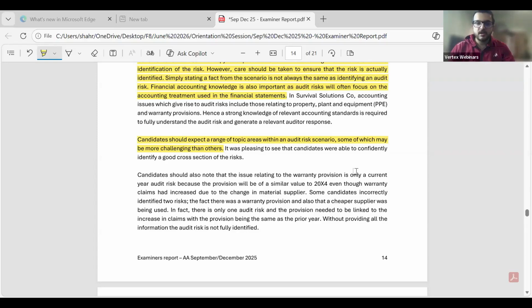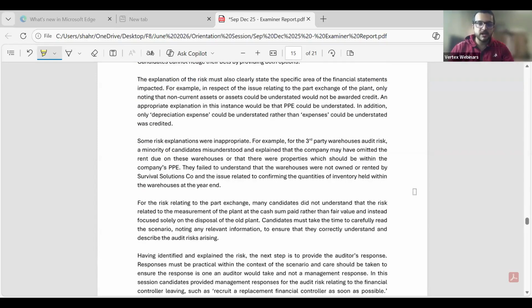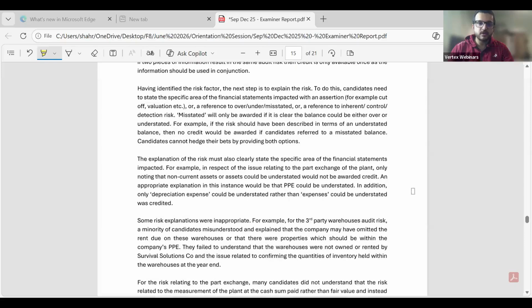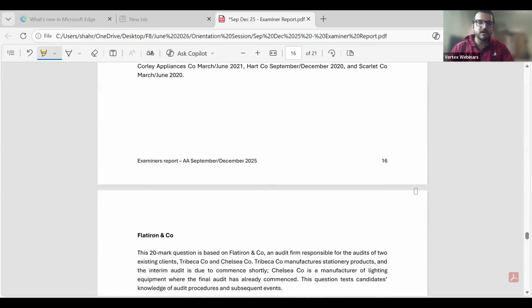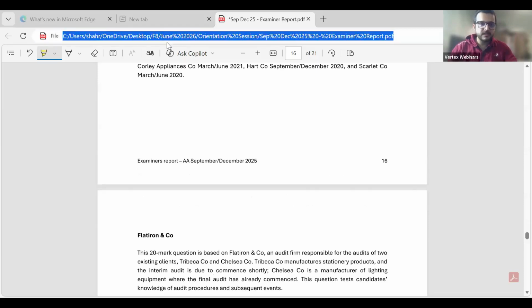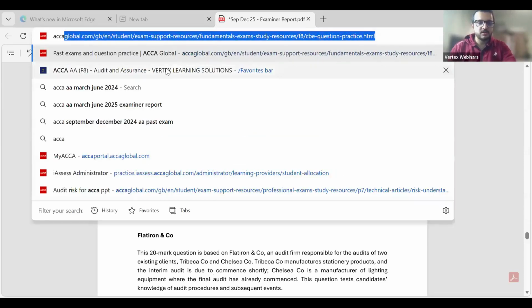Okay. So right, these were some of the few bits that I tried to extract from your examiner report. Obviously, we can't do the whole of it. I would highly suggest to have a look at this after the live session. So if we have time, let me check if we can see ACCA.